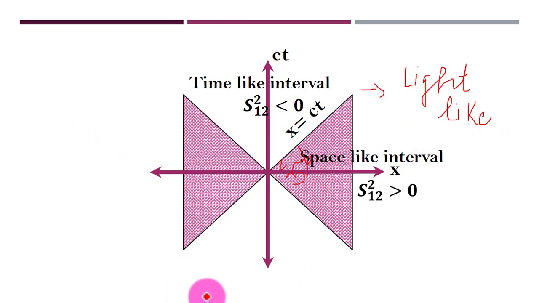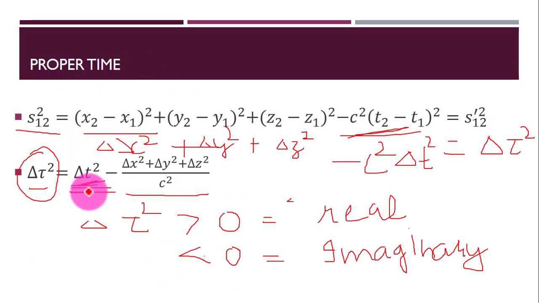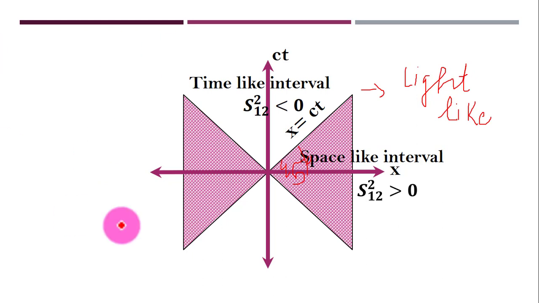So what we have done here, we have divided this whole space. The events for which the position term is smaller than the time term, if you see this graph, this is the region. Here we have taken x and here we have taken the ct term. For simplicity we have considered only two axes, one is x and another is ct. This line is drawn at 45 degrees. Here x is equal to ct, that is, the x coordinate is equal to the y coordinate, or the horizontal coordinate is equal to the vertical coordinate.